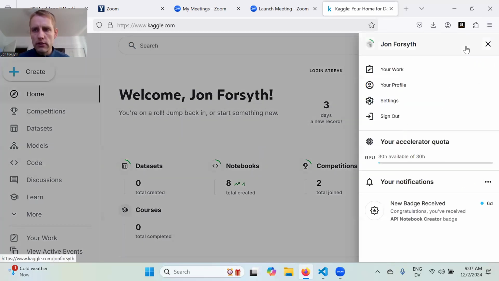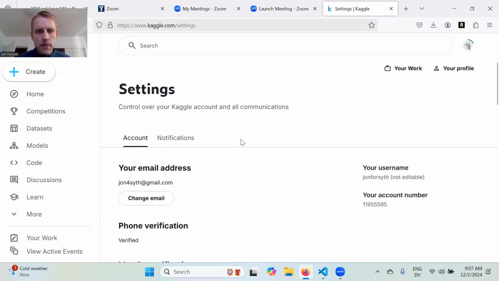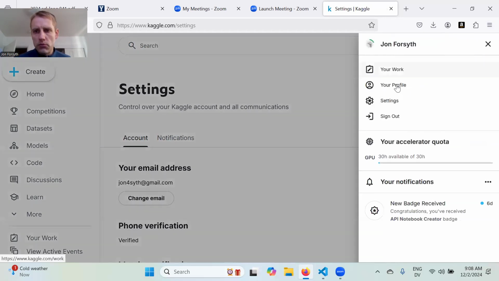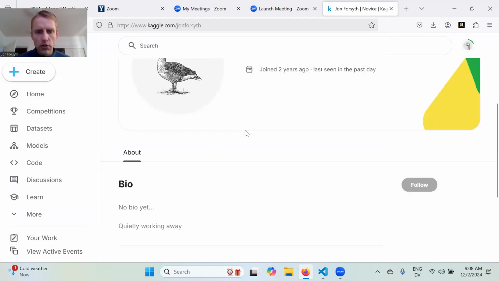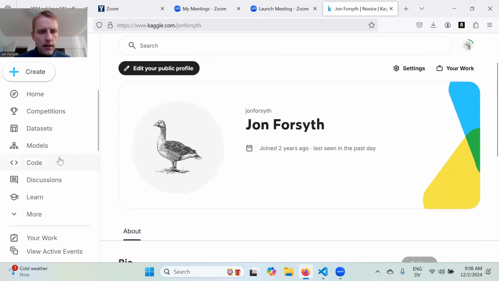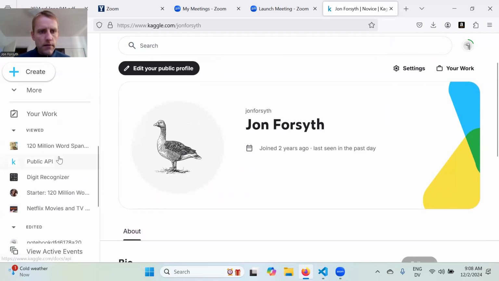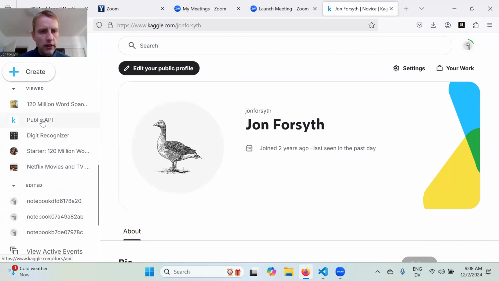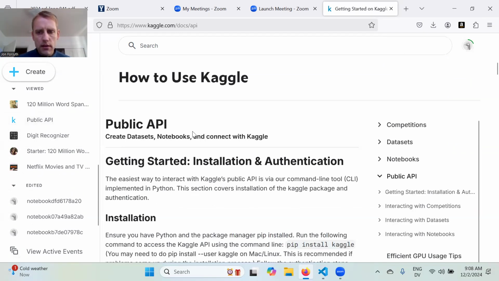So I want to go to this link, it's like my profile link. And if I go to settings, then actually I want to go to my profile. So I click on your profile and, sorry, it's actually on the left here. So if I click on the public API,